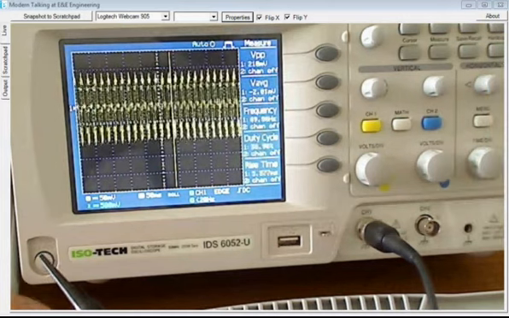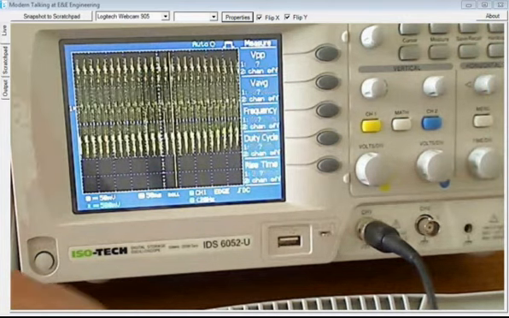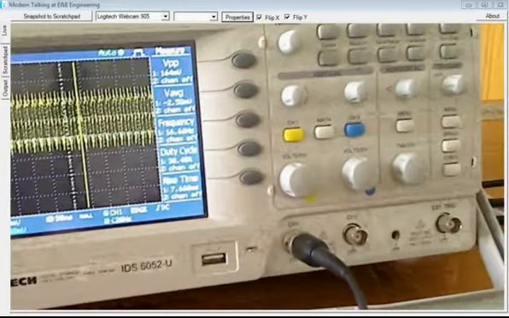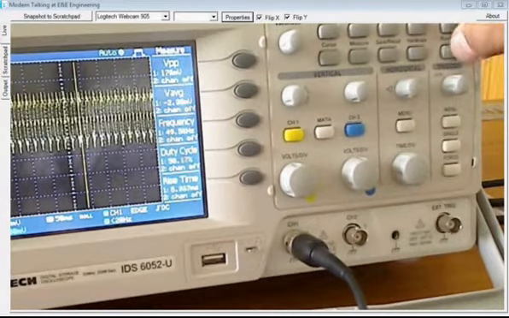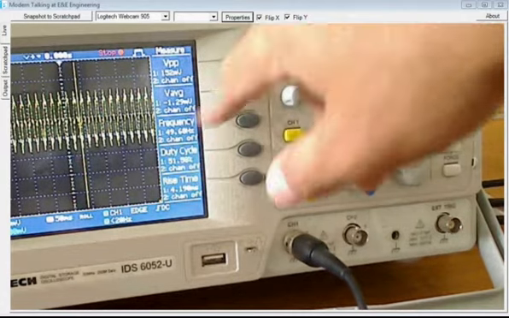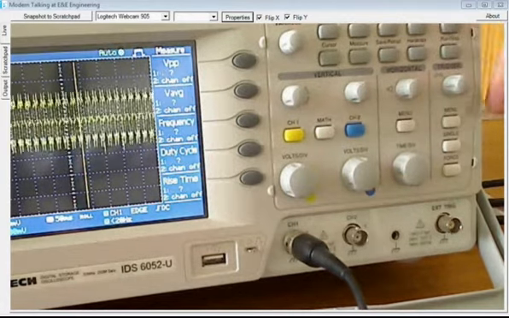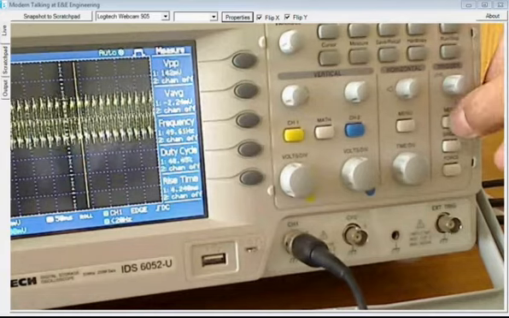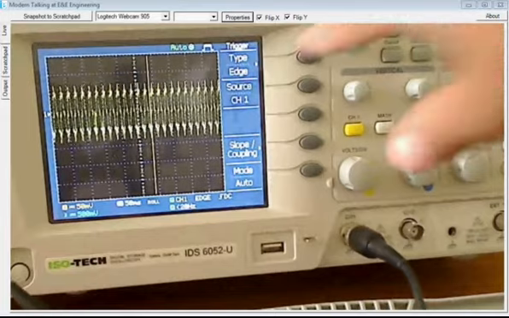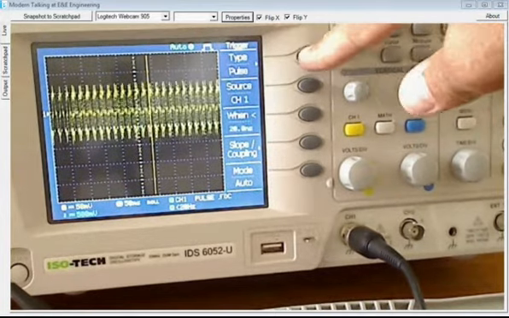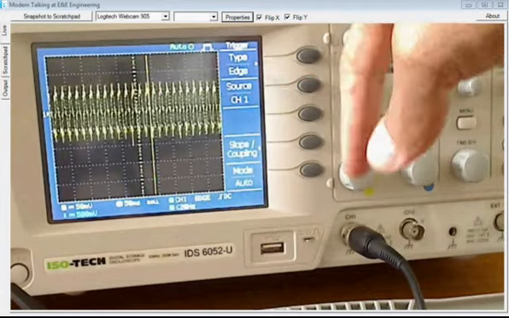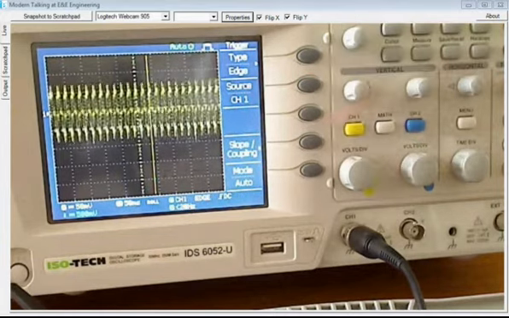and what I want to do now is advanced as well, so I'm going to trigger. What you will see is there's a trigger button here. I hope you can see that. That's a trigger button. If I press the trigger menu, I get a certain menu here, and now I can select, do I want to trigger by edge, or on a pulse, or by video, and I select edge. So I'm looking for an edge. Trigger just means